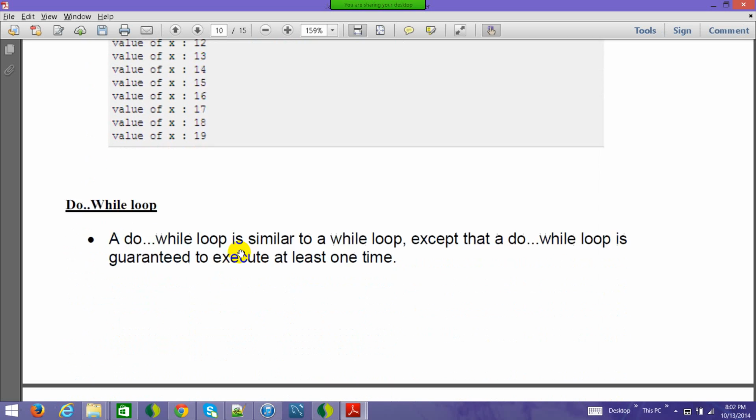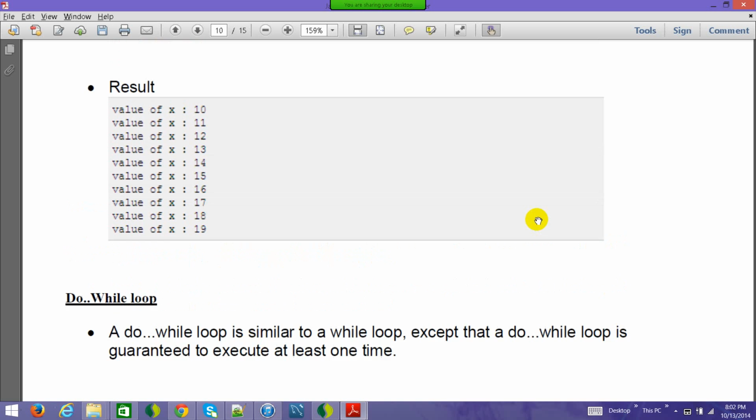Okay. Now, what is do while? So do while is the same as while loop. The difference is do comes first. I'm explaining in this way so that you understand what needs to be done. When do comes first, it essentially means do this particular block of code at least once. Execute this particular block of code at least once.